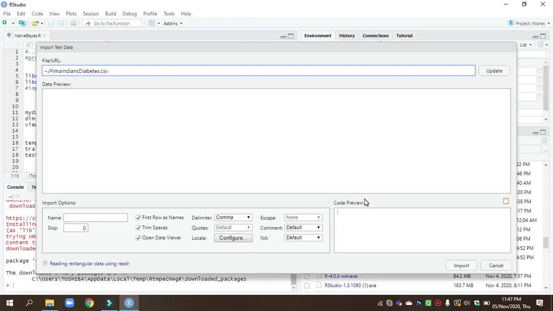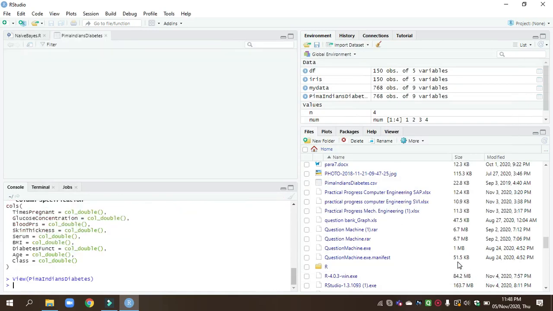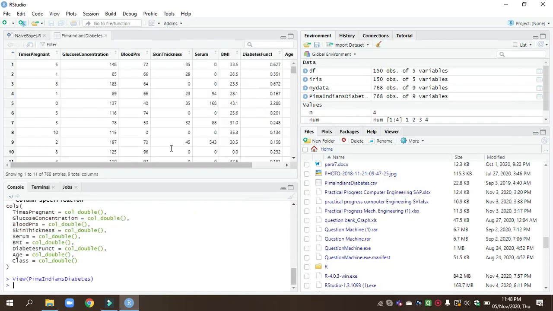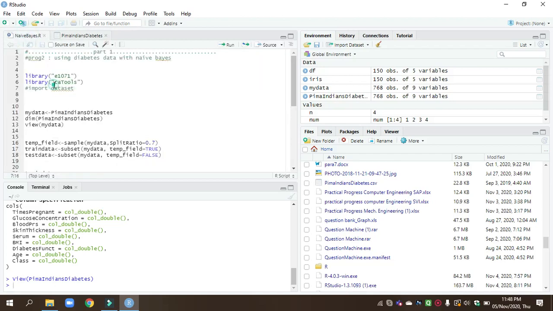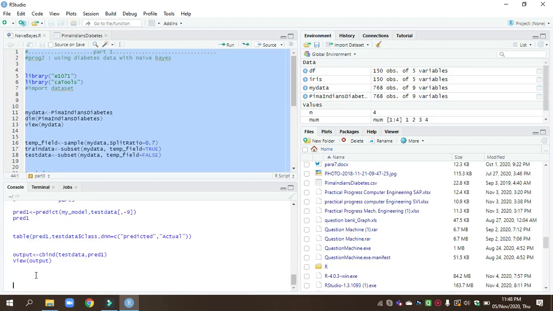Importing the data sets. Import. So we have the columns, these are the columns that are included in this CSV file. Now I copy this program, Control A, Control C, paste the whole operation here and enter.